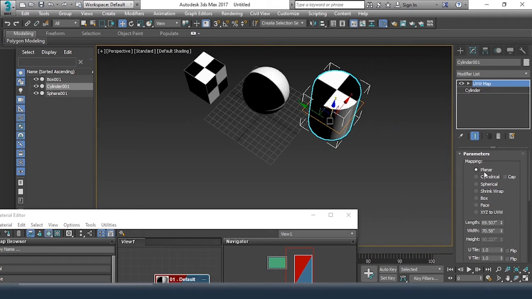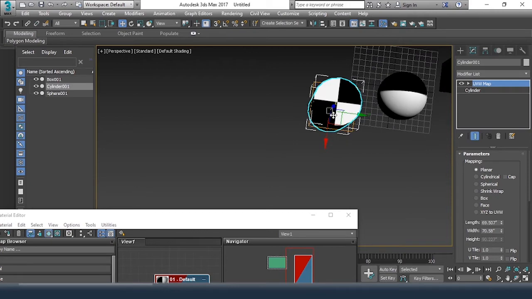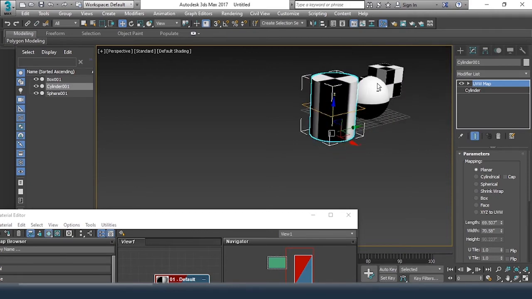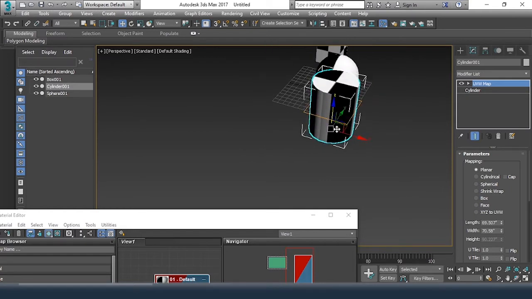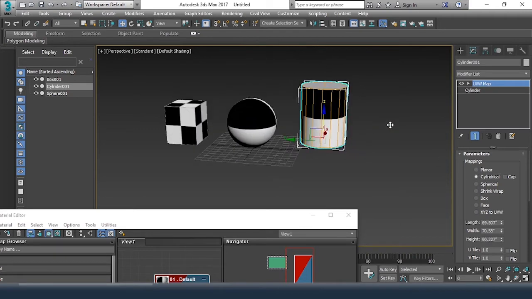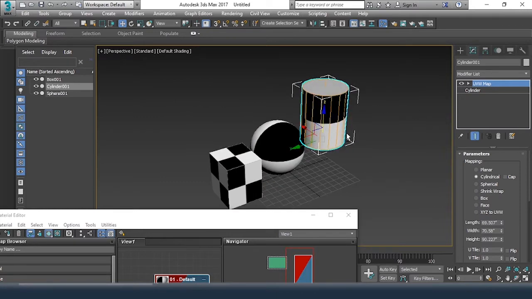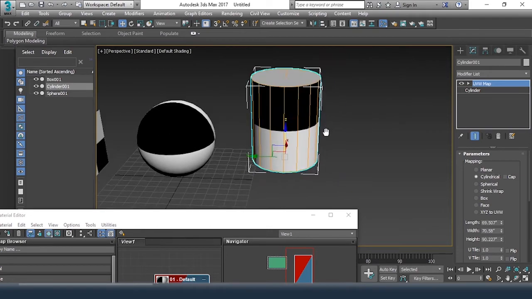So for an example, it's planar, and that is also from the top view, that is on the Z axis. So we can see in the top view it is perfectly fine. But if I see it from the side, the texture is getting stretched like this. So if I apply a cylindrical projection, okay, and now if you see this, definitely it is applying a projection of a cylinder.